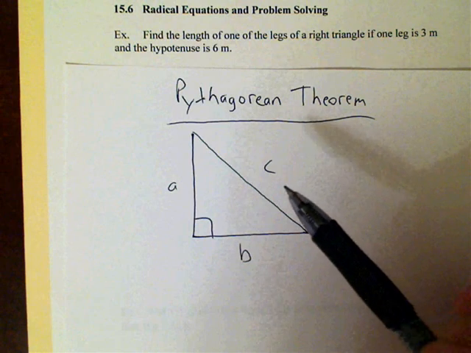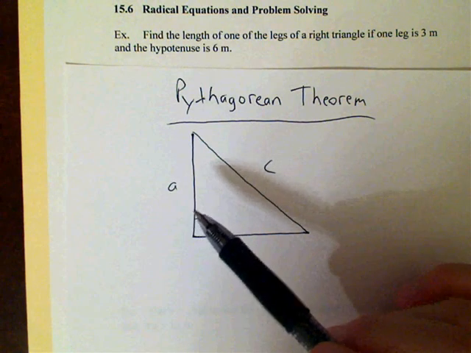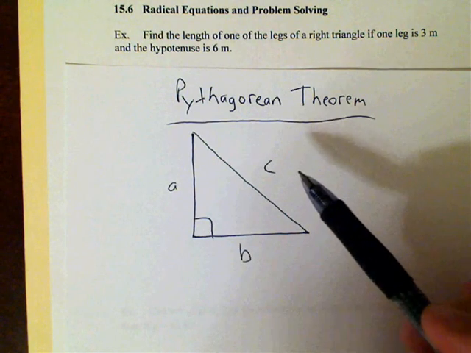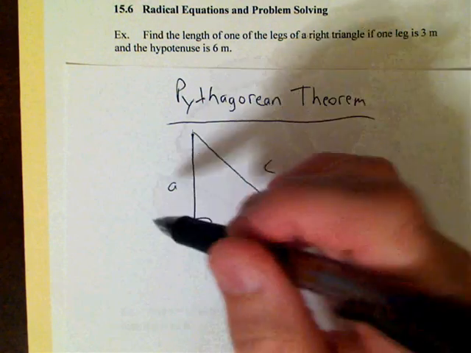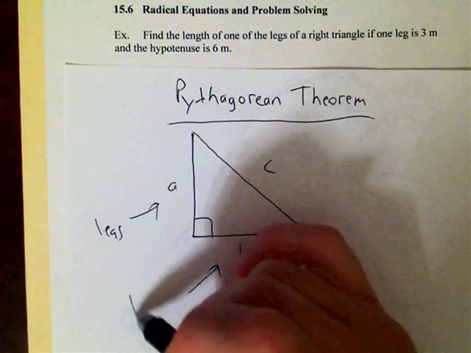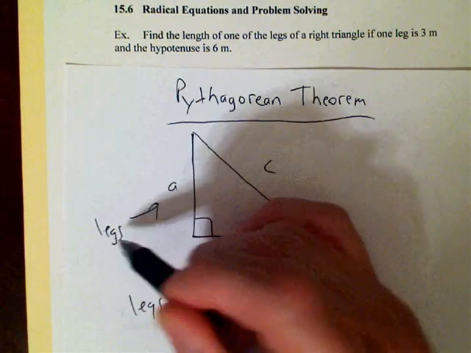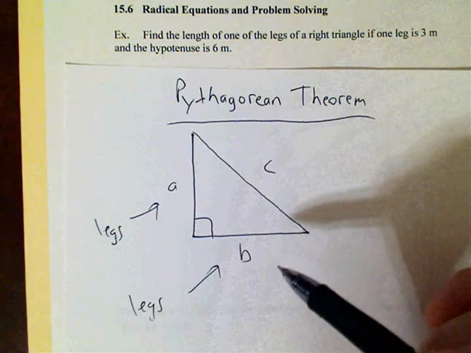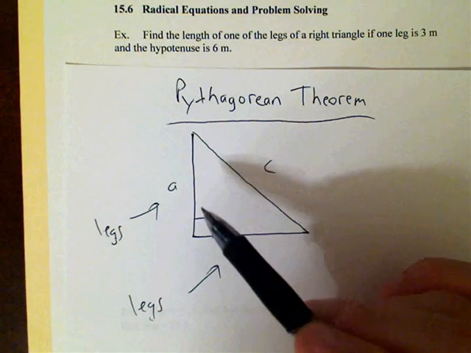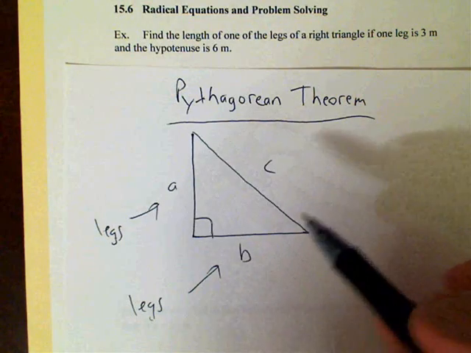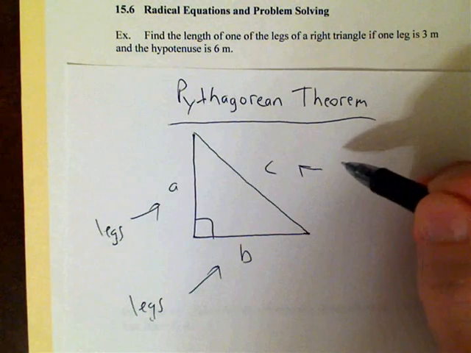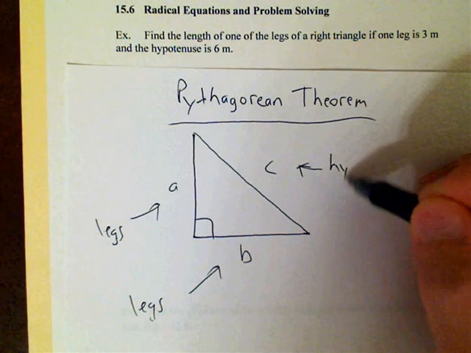What it says is, the sum of the squares of the legs is equal to the square of the hypotenuse. The legs are the shorter sides. They're the ones connected to the right angle. We use A and B to denote the legs. Doesn't matter which one is A, which one is B. The most important item is that the longest side, the hypotenuse,